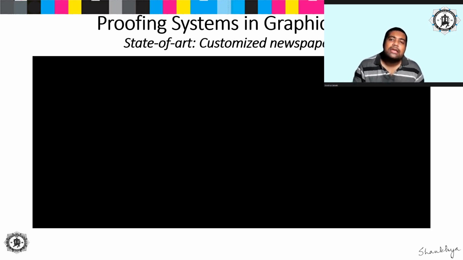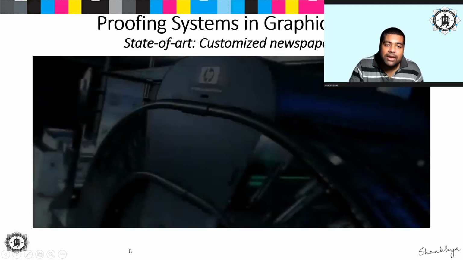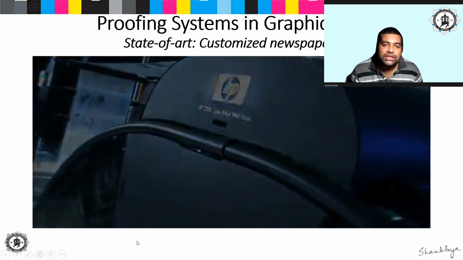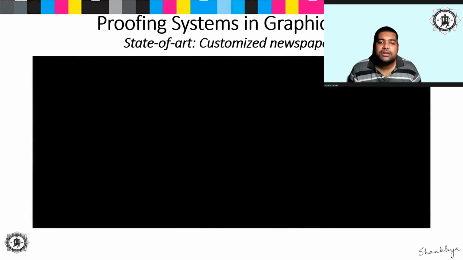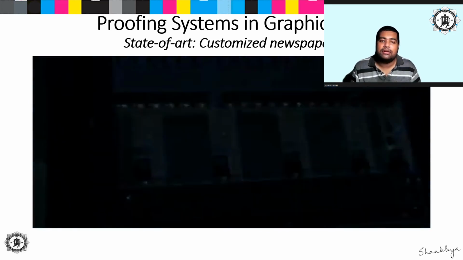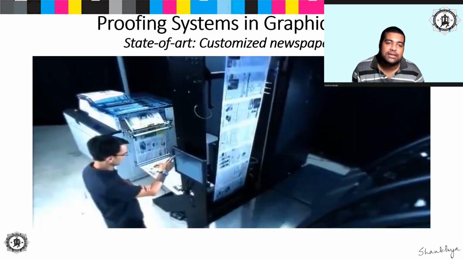It is very difficult to produce low volume newspapers targeted like this through normal web offset printing mechanisms, because the cost will not be feasible enough for them to be reproduced. So this is where inkjet technology comes into play, where we can use web based inkjet printing technology to produce variable, targeted, customized newspapers like this. So here, see the newspaper here.